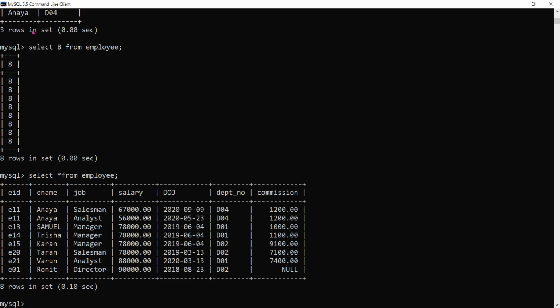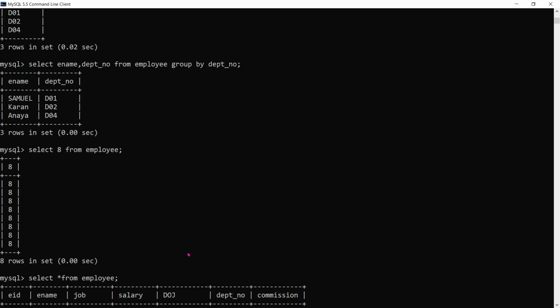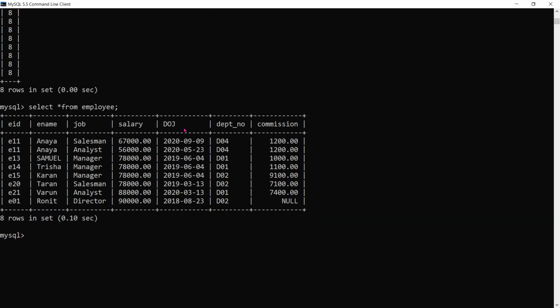It showed only Anaya in D04, only Samuel in D01, and only Karan in D02. It took the first record and displayed it, but that is again not correct. Syntax wise that statement is working, but logically it is not correct.